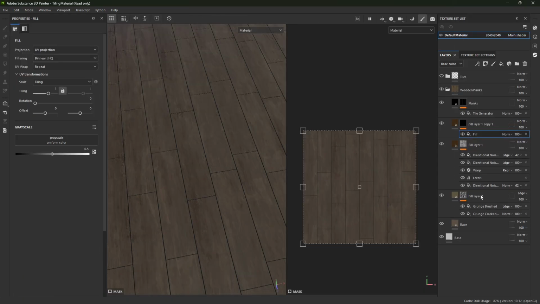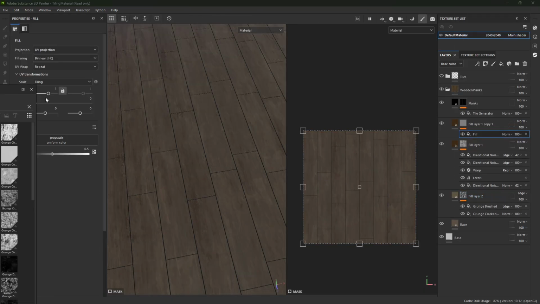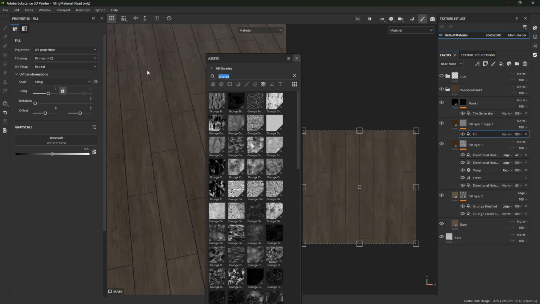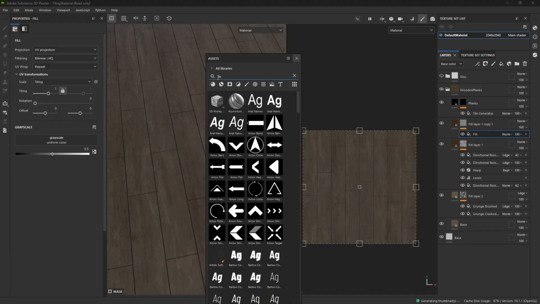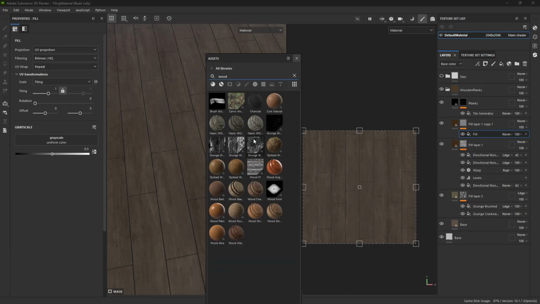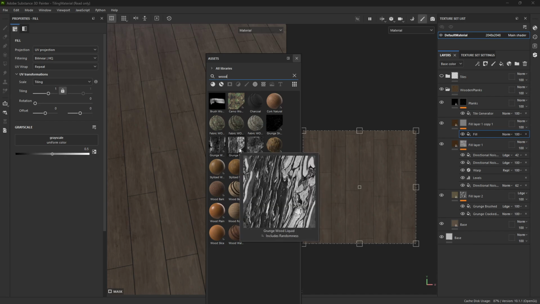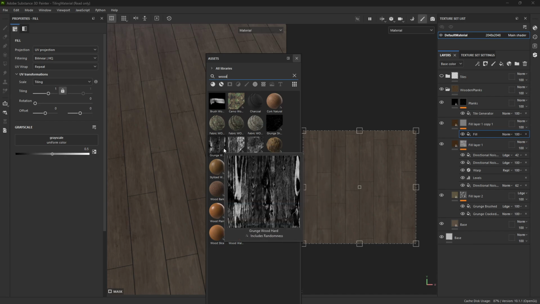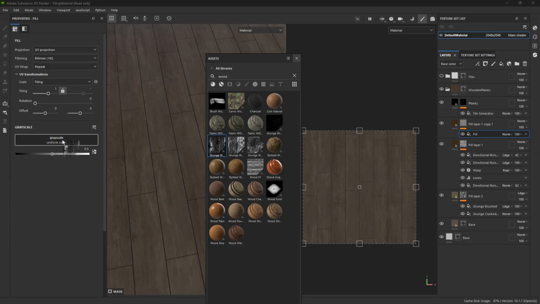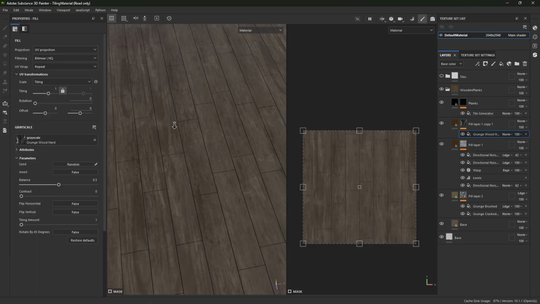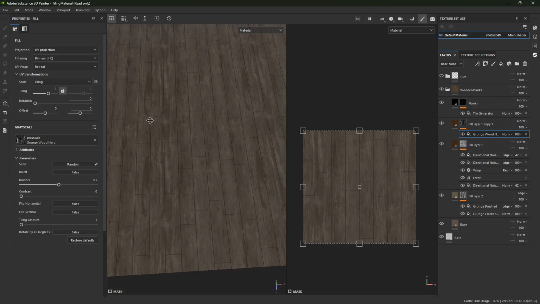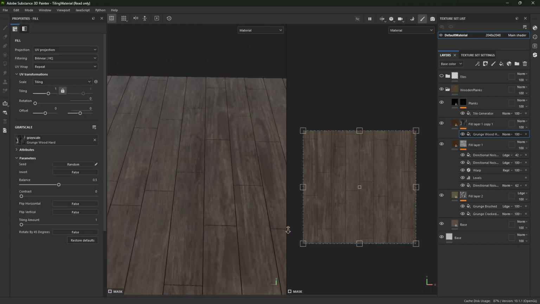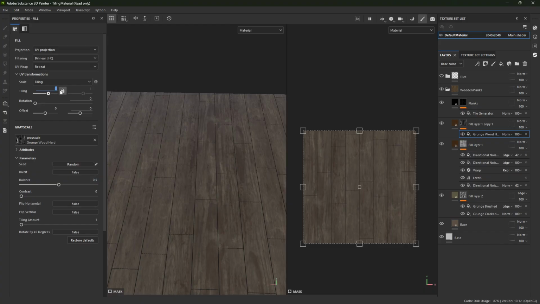And this time what I'm going to do is add a fill. And there is actually wood elements inside here. So wood. And we've got some kind of wood information here that I can use. The problem is you've got to see how it actually tiles and how it actually works. Now that's actually done quite nicely, that. If I tile it twice,